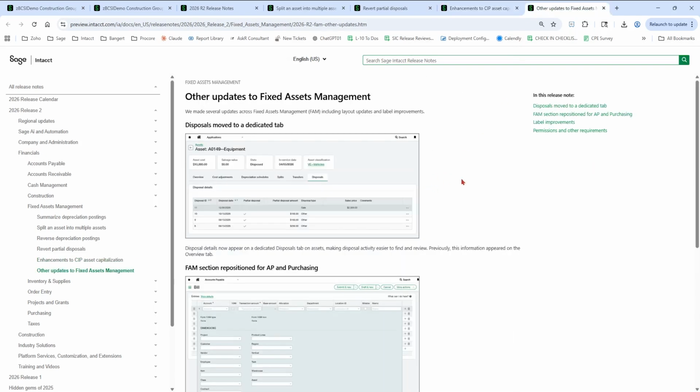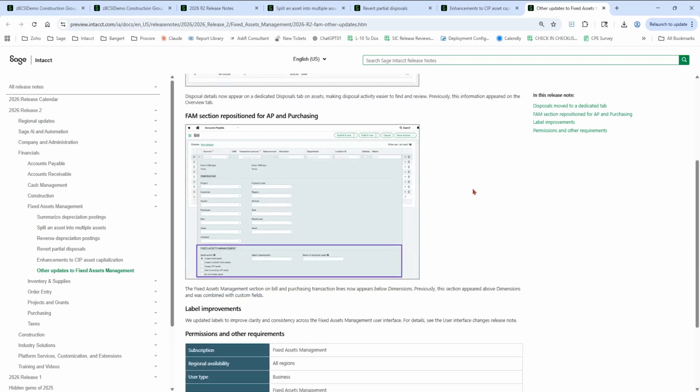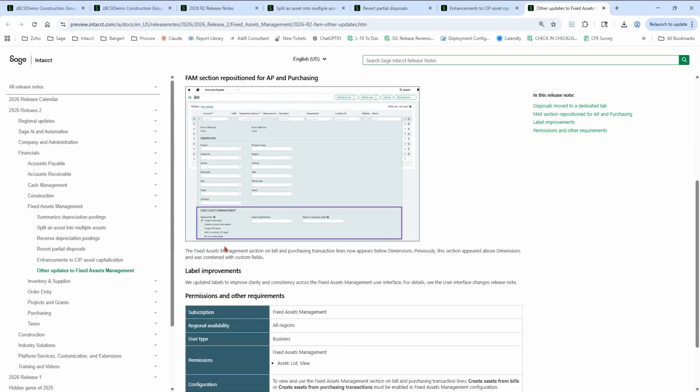The other updates to fixed assets management, disposals have been moved to a dedicated tab now on the asset. They have also put the fixed asset management section, if it's integrated in your environment, to the AP and purchasing areas. They've put a fixed asset management area down here at the bottom in the details of a bill line, for example.